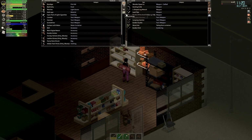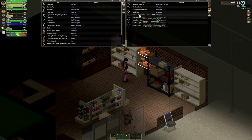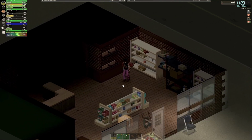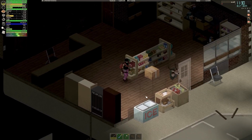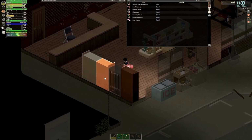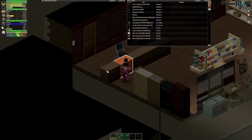Oof, that is a nice quality wood axe. I will take that. Hunting knife, don't really care. Not doing short blade. Honestly, I might do a short blade run at some point in another series, because I really kind of need to relearn how to do short blade. I used to rock short blade many years ago. But I think they, like...